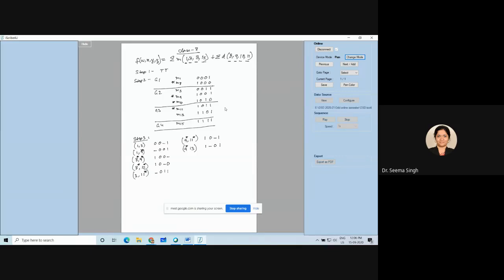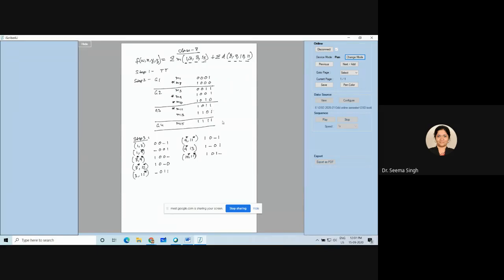Now my next job is to go for 10. 10 to 11, is it possible? Yes, it is possible. 10 to 13 is not possible because 3 terms are changing. So now we will do 10 to 11. Both 10 and 11 are don't care, so I will mark that. 10 and 11 is written as 1 0 1 dash, right? So my 10 to 11 is also done. 10 to 13 is not possible. So now pairing between group 2 and group 3 is also finished.